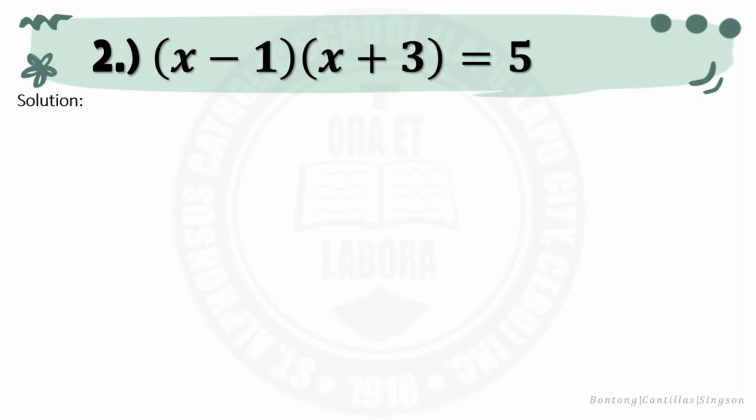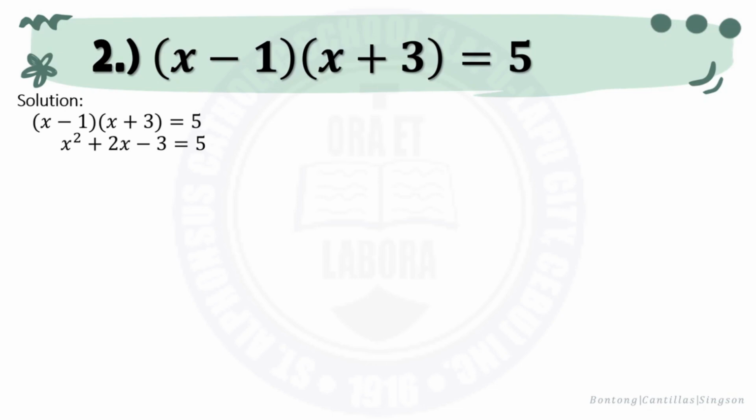And remember, if I say simplify, relate it with PEMDAS. So let's simplify. Quantity x minus 1 times quantity x plus 3 equals 5. Let's start with the left side. That would be x squared plus 2x minus 3 because we apply the FOIL method here, or we multiply